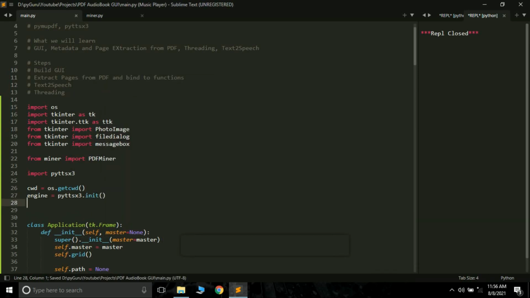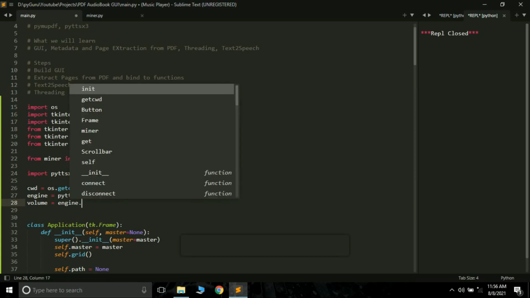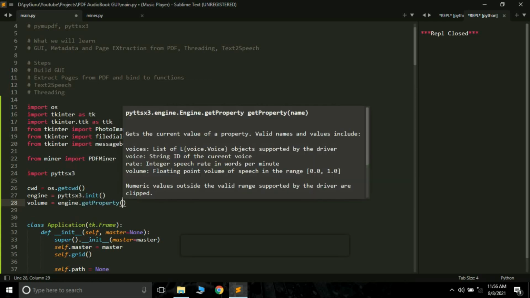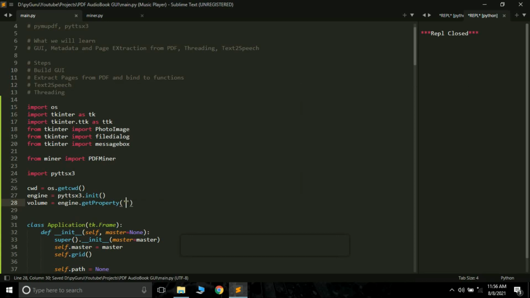The next thing is we have to set the volume. You can set the volume of your engine or the speaker using something like this: engine.getProperty. Here first we have to fetch the property, and you have to pass volume here. Now then only you will be able to set it.